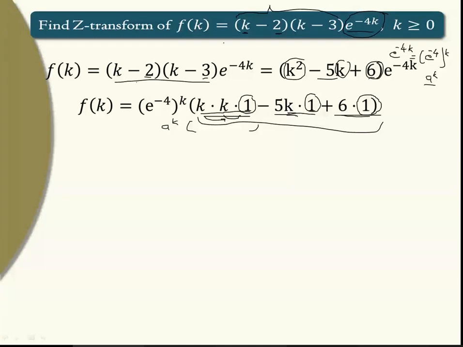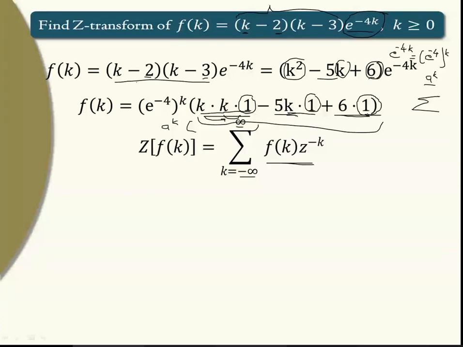So the aim is to first get the Z transform of 1. Now for the Z transform of 1, there is no standard formula. So what do we have to do? We have to use the definition of Z transform, that is the formula of Z transform in the form of summation. So what is the definition of Z transform? Summation k equal to minus infinity to infinity f of k z raised to minus k. If you know the standard formula, make use of that directly. But if you don't know, then use the definition of Z transform in the form of summation.